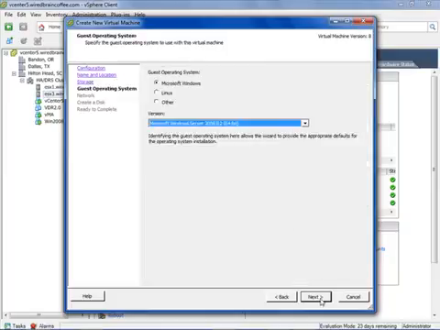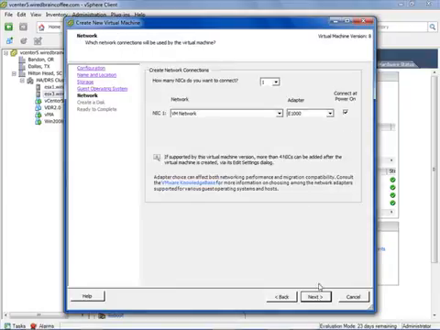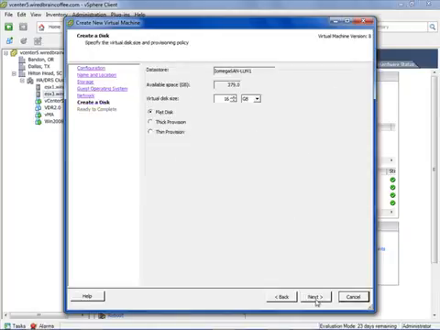I'll click Next here. Now we need to specify the type of guest operating system we'll be installing. I'll just use the arrow keys here and go down to CentOS. It is based on CentOS, and it is 64-bit. I'll click Next. This virtual machine will just need one network interface card. I'll click Next here. And now we need to specify how much disk space we want to allocate to